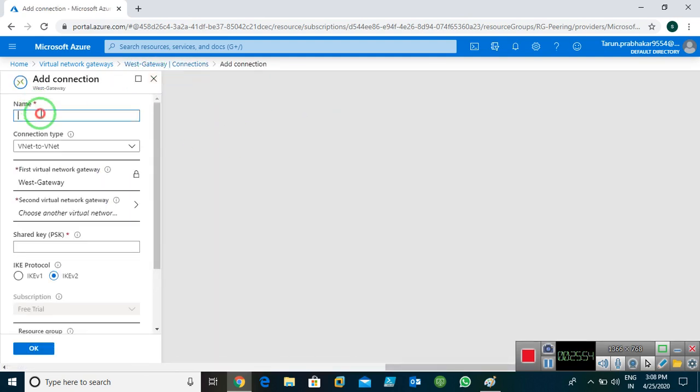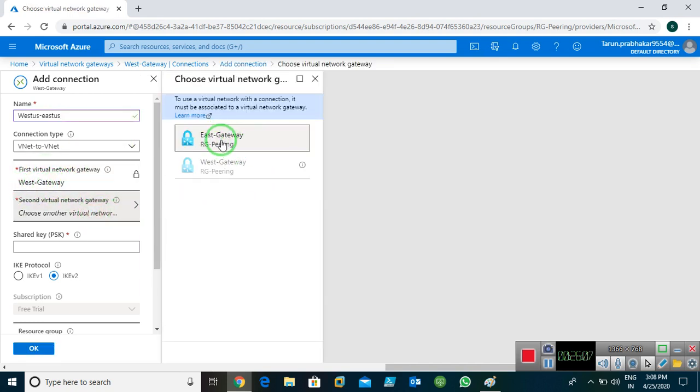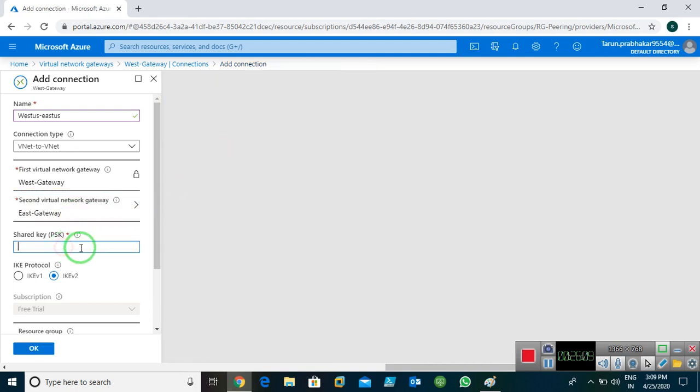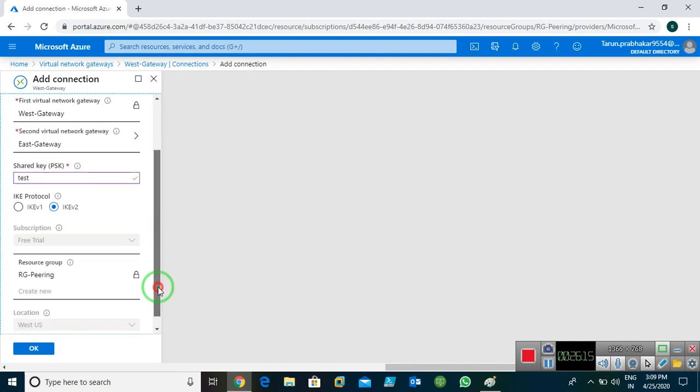Now I give West US to East US. Since I'm in the West gateway, I need to choose the East gateway. Remember, I used the key test on the first connection, so I use the same key here also. Now click on OK.